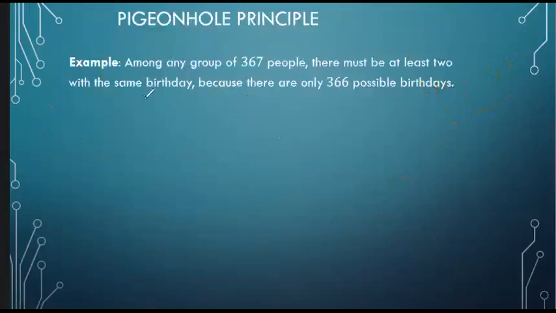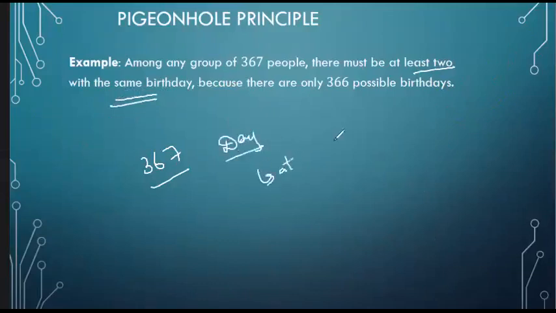Now, where do we need this? Suppose we have a group of 367 students or people, and their birthdays in the year are taken. Then at least two people will have the same birthday. So the day will be the same for at least two people. There might be more than two people whose birthdays are on the same day, but if we have 366 days and we have 367 people, there will be at least one scenario where you have birthdays on a common day.